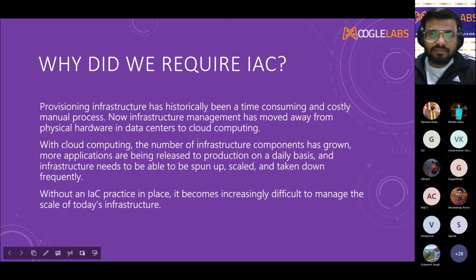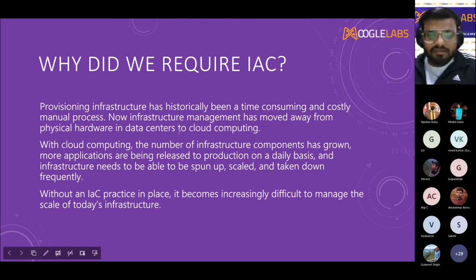It also enables the rapid deployment of new infrastructure components that makes it easier to adapt to changing requirements. It ensures that infrastructure is consistent across all the environments, which reduces the risk of configuration errors and makes it easier to troubleshoot all the issues. IaC tools also allow developers and operations teams to work together more closely, using the same tools and processes for managing both application and infra, as we have already discussed this point in our previous slides as well.